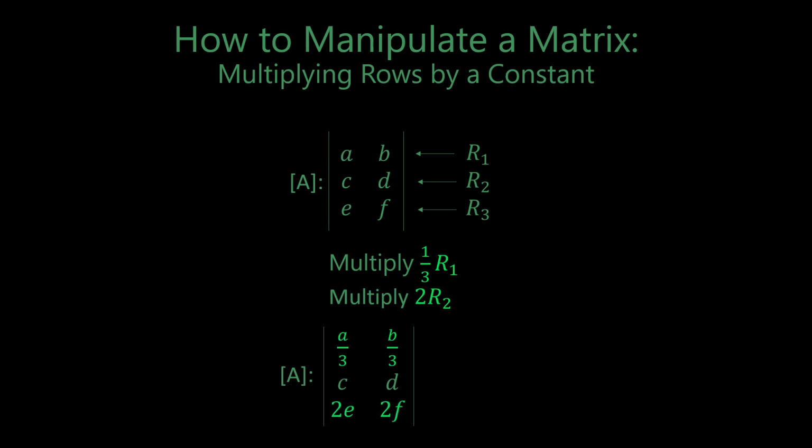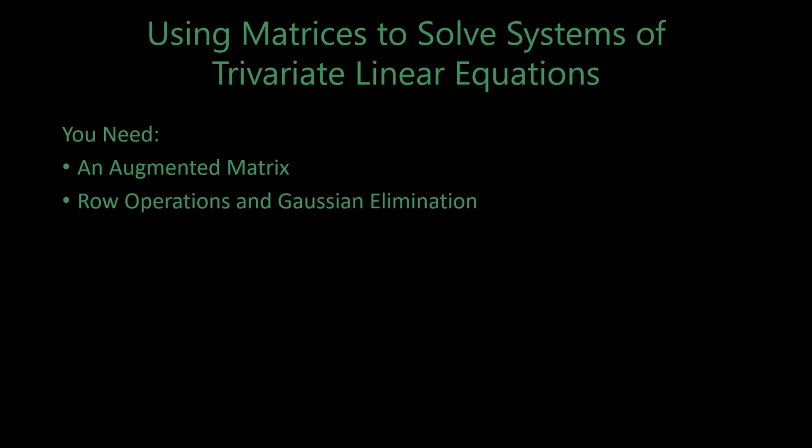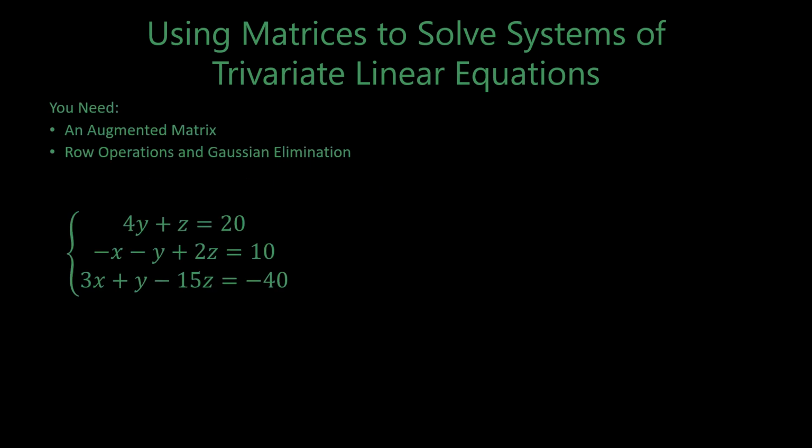Now that we've covered how to manipulate a matrix, we're going to look at using matrices to solve systems of trivariate linear equations. It's impossible. It's actually not impossible. What you're going to need is an augmented matrix, and we're going to need row operations and Gaussian elimination. Okay, so here we have a system of equations, and we're going to use it to create